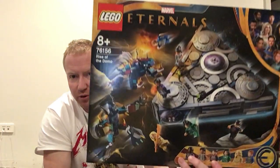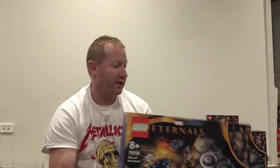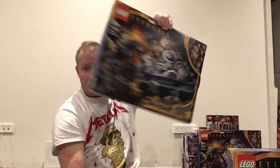and I got the Rise of the Domo set. I've got 3 of these. They were under half price. 2 of them I paid under half price, and I think the first one was heavily reduced when I bought it as well, mainly for the minifigures, and I'll probably part it out. There's number 2